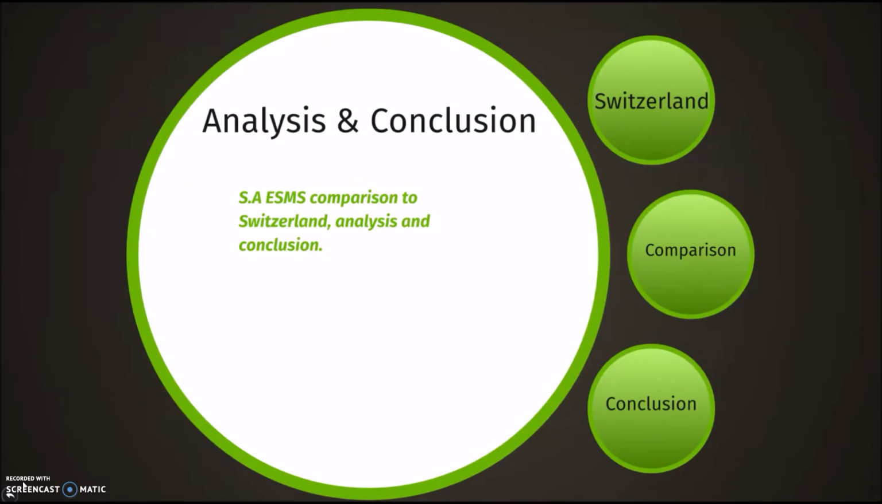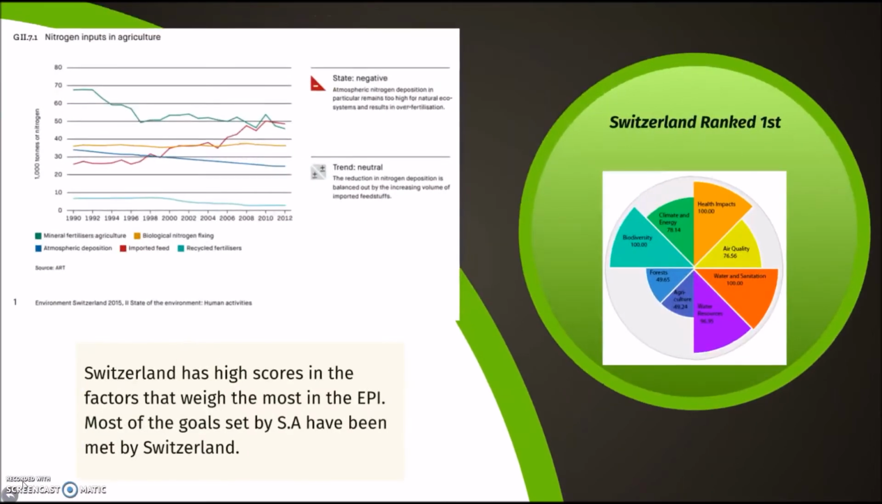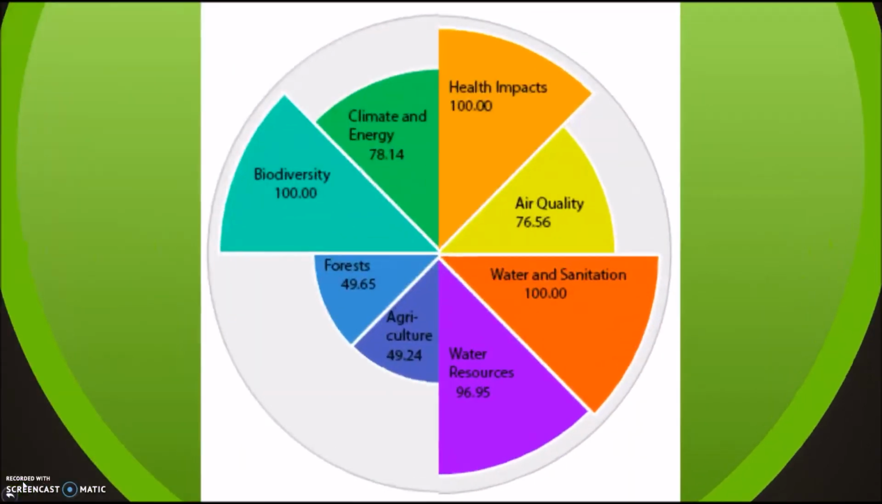So here I will be analyzing and concluding my presentation, and I will be comparing South Africa's environmental sustainability management strategy to Switzerland, which is ranked number 1 in the world on the EPI, and I will analyze and conclude in terms of South Africa's goals. So Switzerland is ranked first, and here you'll be able to see what they scored. And this score is because